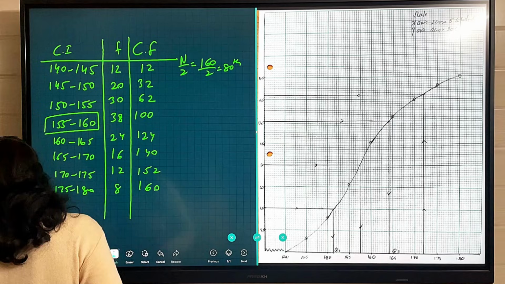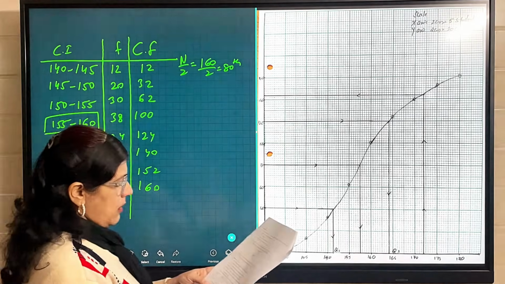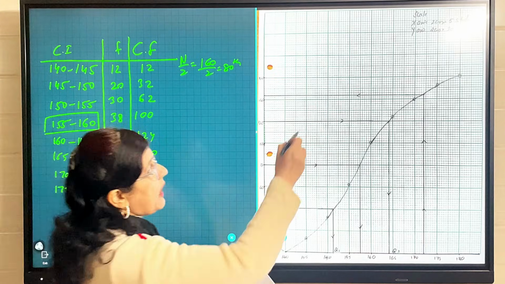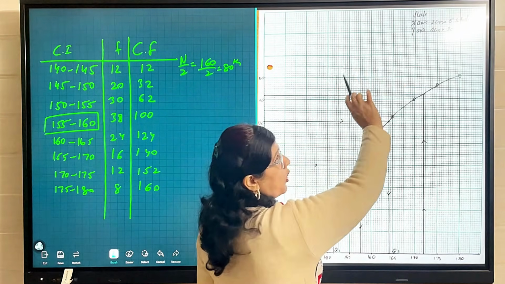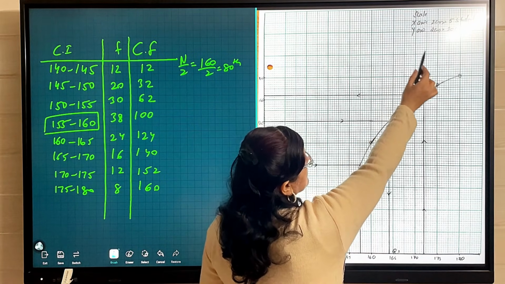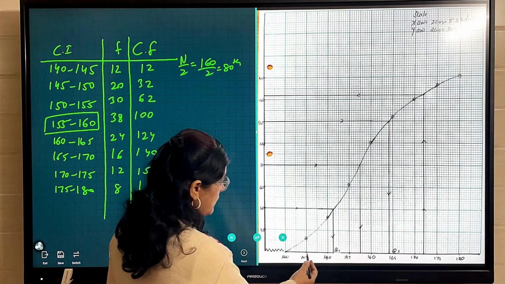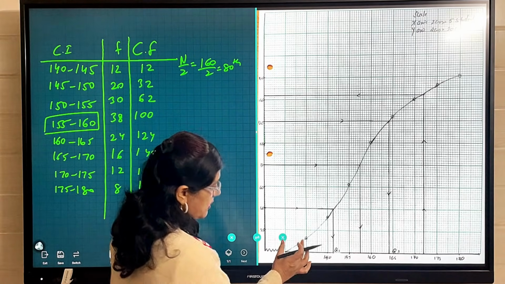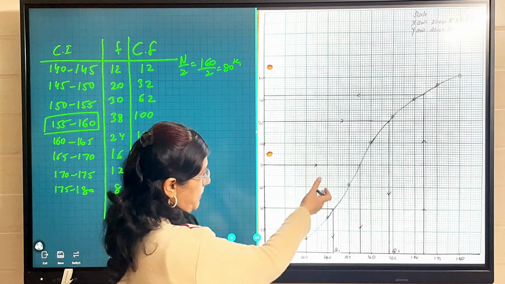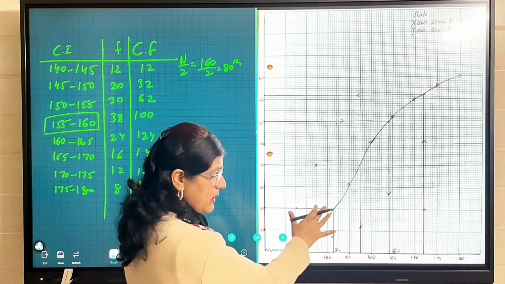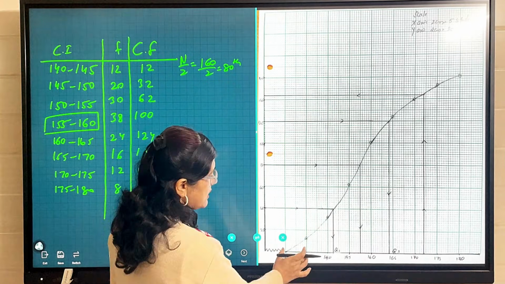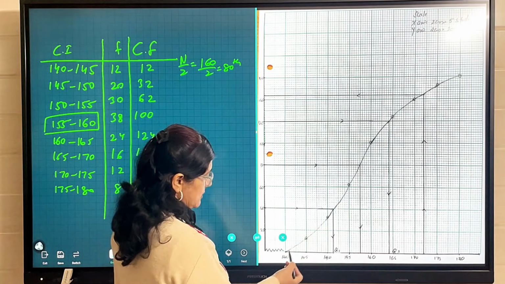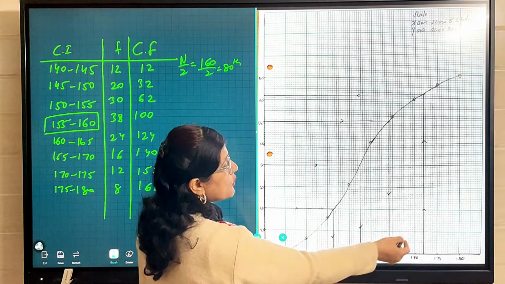Now the scale given in the question paper is 2 centimeter is equal to 5 student. Taking 2 centimeter, we have to write the scale on the top right corner of your graph. On X-axis we have taken 2 centimeter is equal to 5 students. So this is 140, 145. This is 2 centimeter. Like pink graph which you get in your paper, or this green graph, this is a similar graph you will get in your paper. This is the 2 centimeter box which is equal to 5 students on x-axis. So 140, 145, 150, you have to take like this.